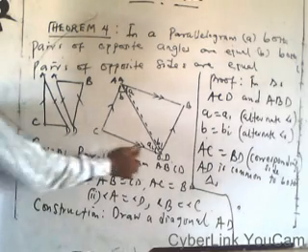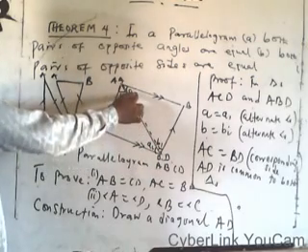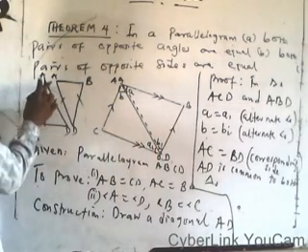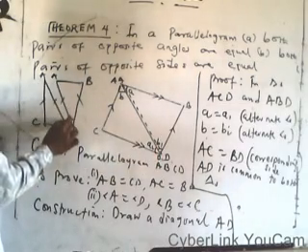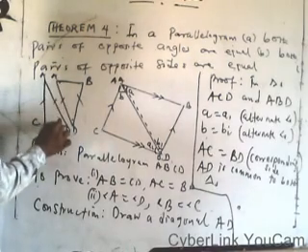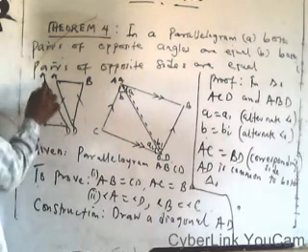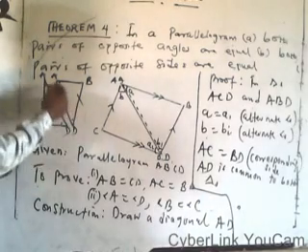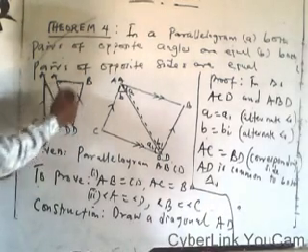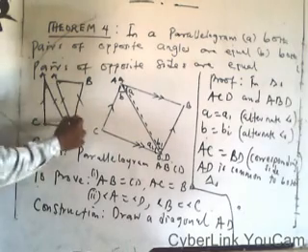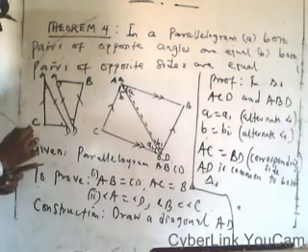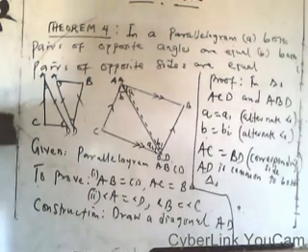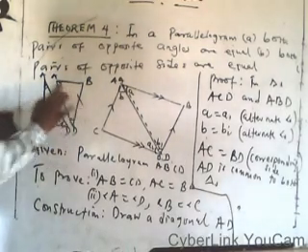And we say that our A1 is equal to A and B is equal to B1. So the angle you have here is equal to the angle you have here, and the angle you have here is also equal to the angle you have here. Meaning that we have angles in common. We have two angles, the angle here is common to here. This one is also common to here. So if this angle is equal to this angle, and this angle as well is also equal to this angle, then from what we have learned under congruent triangle,